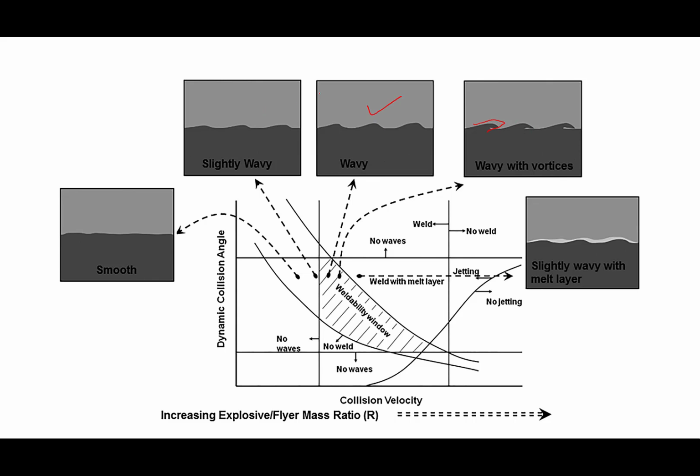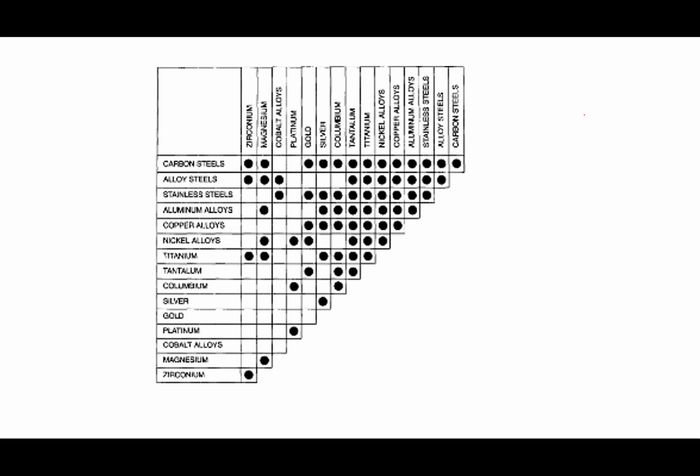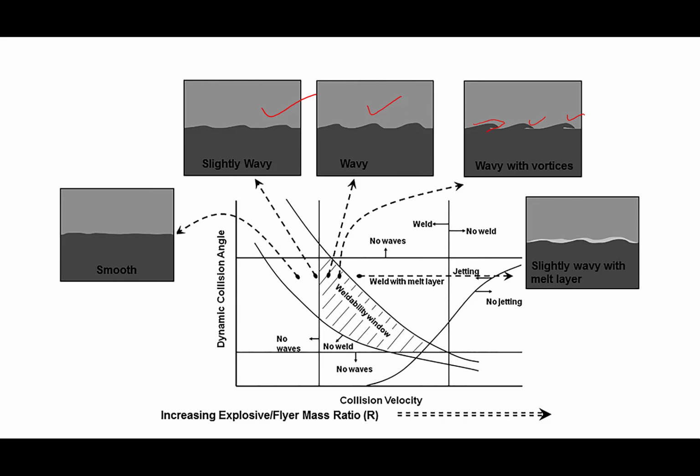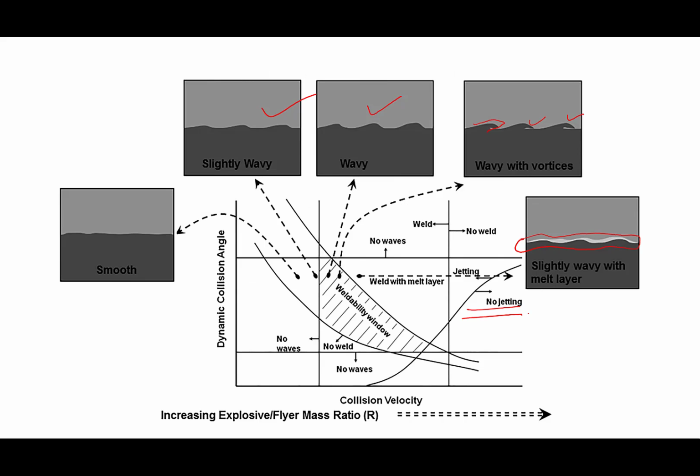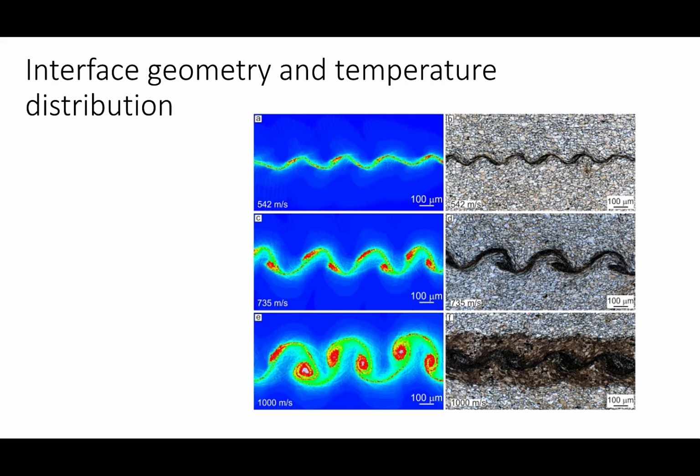This is just waviness. Jetting you can see in this zone, but when the heat generation is high, then all that region near the interface, which is of the low melting point, will be melting and a continuous molten layer is produced. So basically the jetting is absent when your velocity is too high.